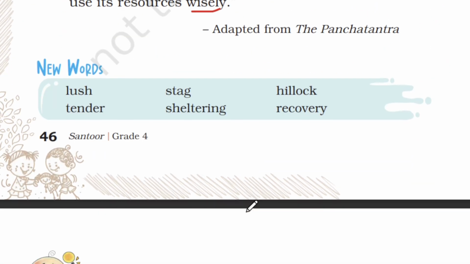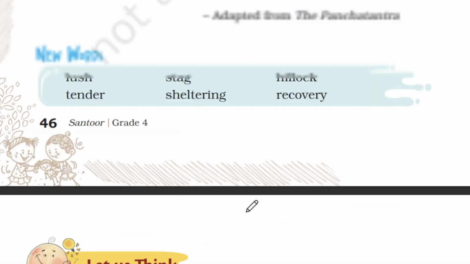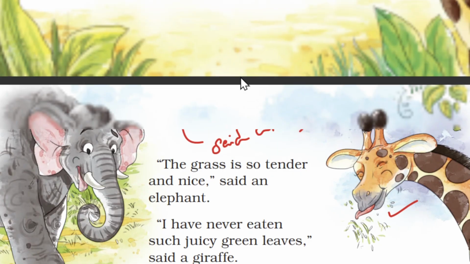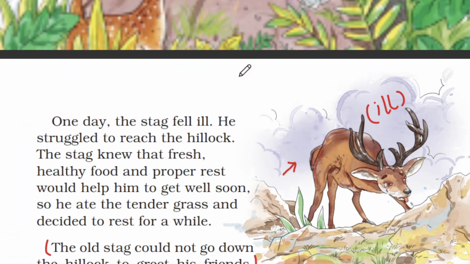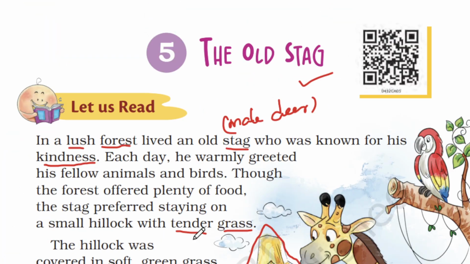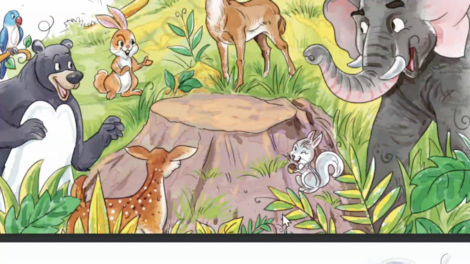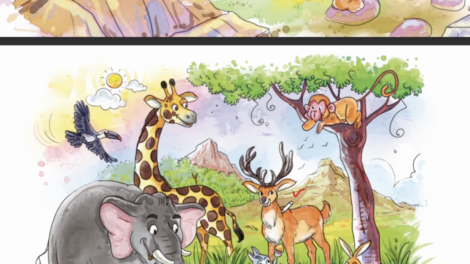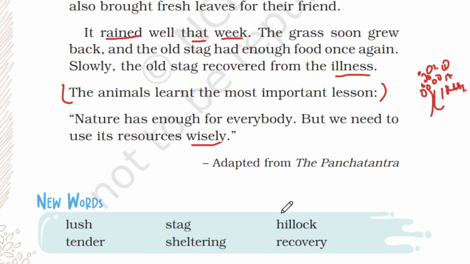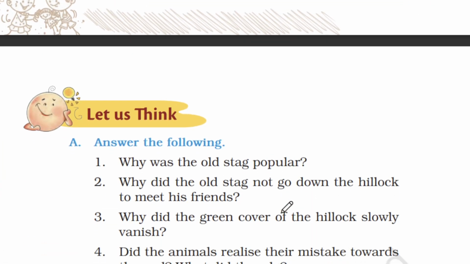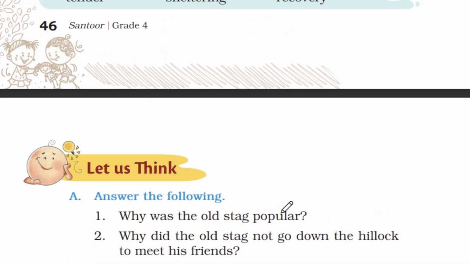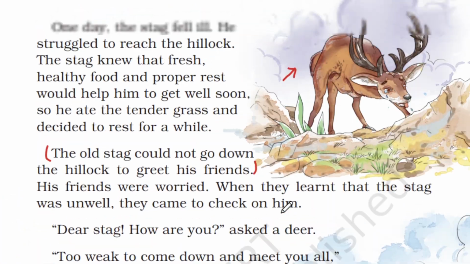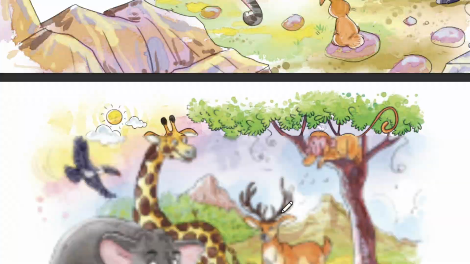So we have new words and we will have question and answer also. We will see one by one. Now I'm going to read the lesson one more time, because this lesson in class your teacher might ask you to read during your oral test. In English, we have 40 marks. In that, 5 to 10 marks will be given for oral. So let me read the story one more time. No, I'll read the story at the end of this video.